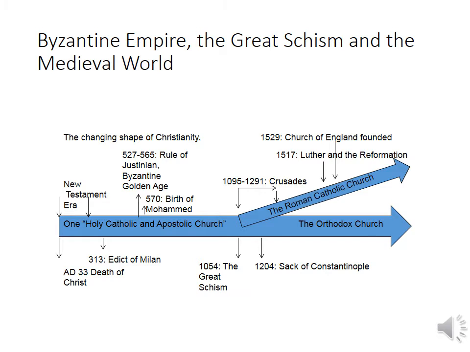So this chapter is going to be focused on that leftmost part of what says the one Holy Catholic and Apostolic Church. And that's going to be important for us to remember. At this point in Europe, there's one Christian church, and it's called the Catholic Church. Now, its procedures and teachings are a little bit different than modern-day Catholicism, what you might associate with the Roman Catholic Church. It is still based in Rome and will form the foundation of the modern-day Roman Catholic Church. But its teachings, its ideas, a little bit different.